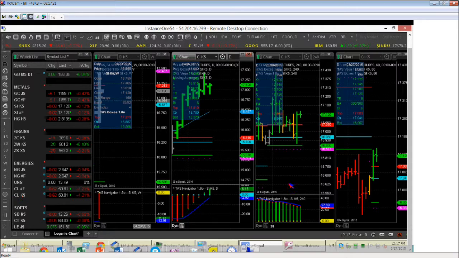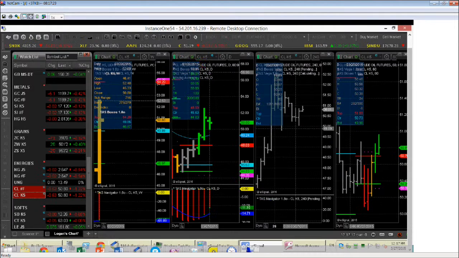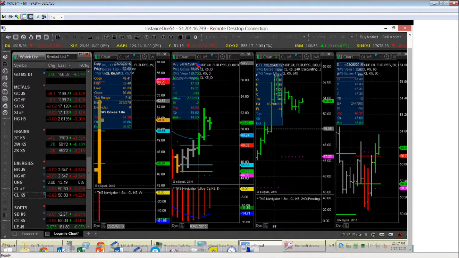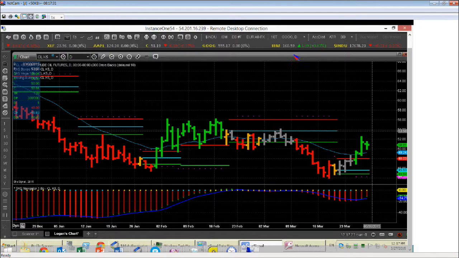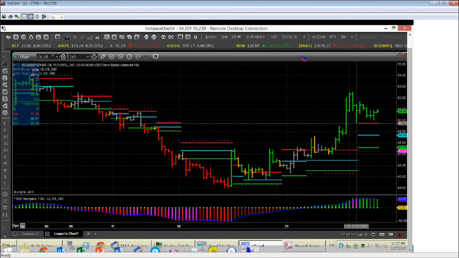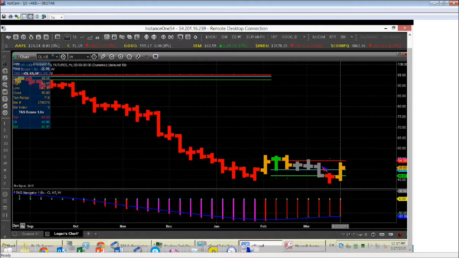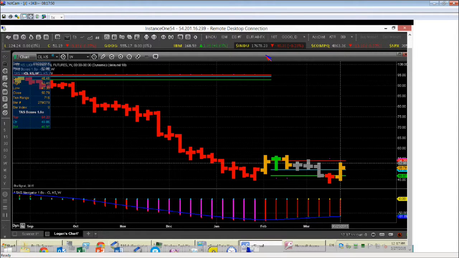Another usual suspect. Let's take a look at the crude May contract. Here's the situation here. 50.81 pre-market. Here's the 240s. You've got some support short term around 49.77, but let's just look at the weekly. All right, we talked about wishful thinking, big time targets above 54.20. That hasn't been met yet. We're still kind of above it.